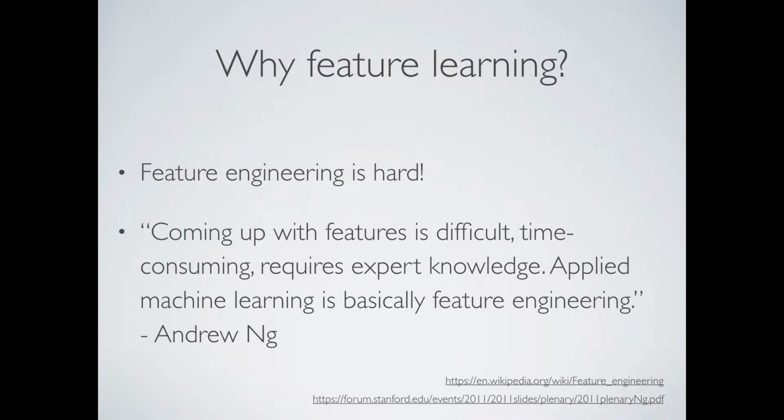So here's a good quote that I found on the internet from Andrew Ng, and again, why do we need feature learning? It's because feature engineering is hard. Manual feature engineering is difficult. To go and find a data set that has like 300 columns in it, or that has 5 different tables, and you're getting it from different sources. You need to figure out how to combine that data together, and then you need to figure out, okay, what features is the machine learning model going to actually be able to learn from?